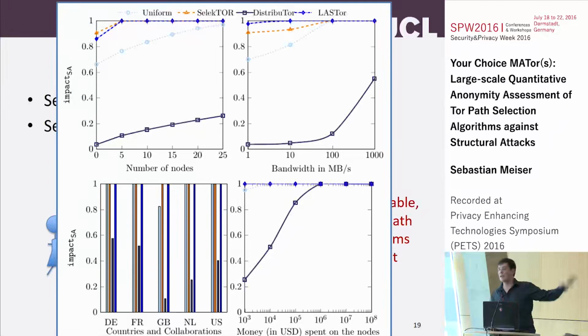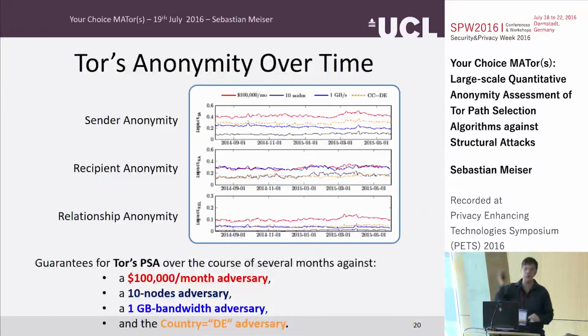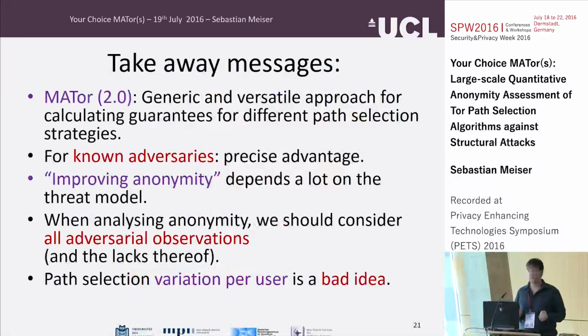And we can also analyze stuff over time. We can just take several Tor consensuses and look at how graphs change over time. It's also very cool. That's basically the stuff we can do with these tools. As a wrap-up, it's great, it's cool. Matter is something you should remember.